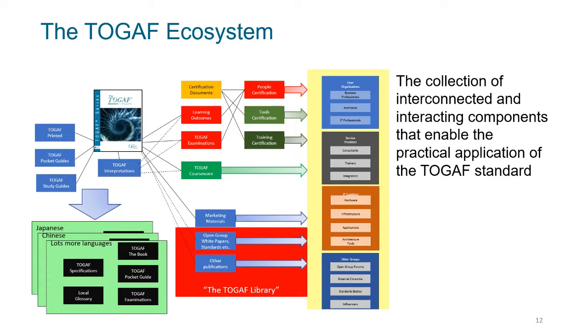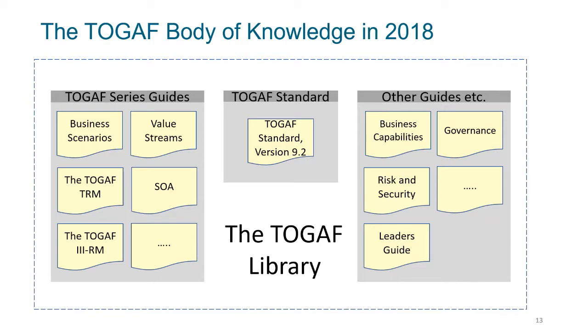And all of these basically support, or answer, of course, the user organizations, the service providers, the suppliers, and any additional groups that could be either academic or influencers or standard oriented organizations, right? So the ecosystem in its entirety will eventually be under multiple languages that will support and enable the industry at large. So with that in mind, the TOGAF library now includes, as you see in the center of the diagram,